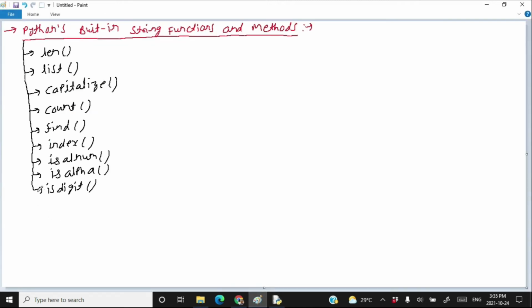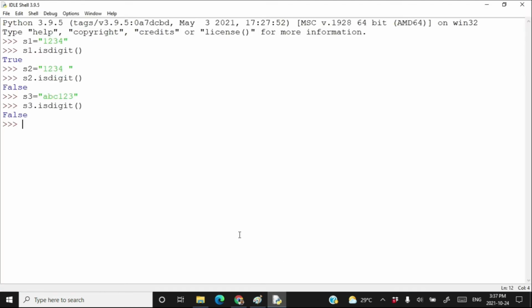After the isdigit method, you have something called the islower method. The islower method returns true if all the characters in a string are in lowercase. Otherwise, it returns false. Let's try.